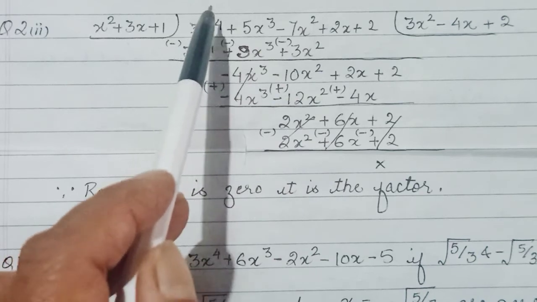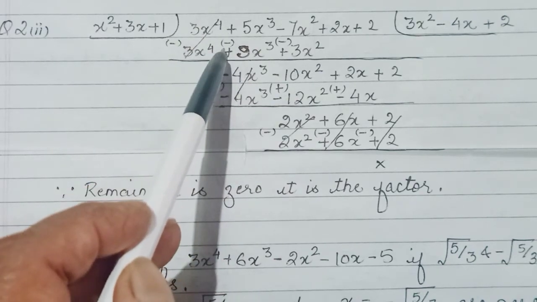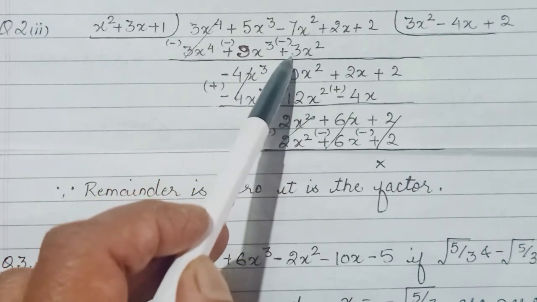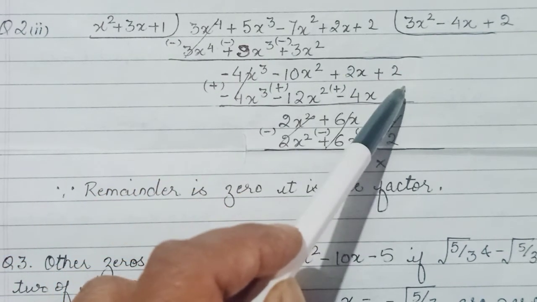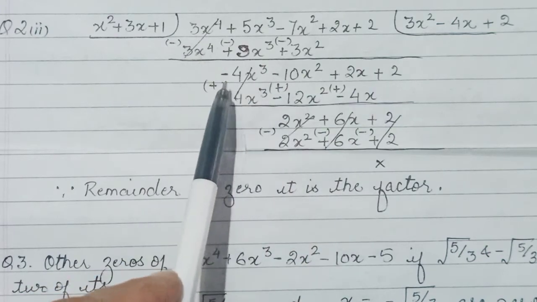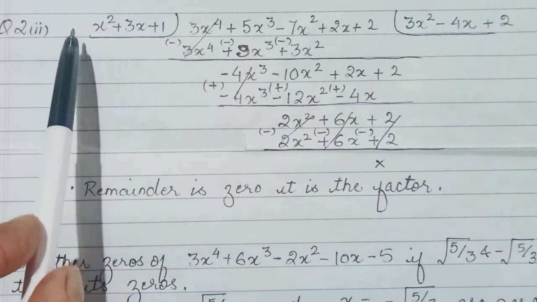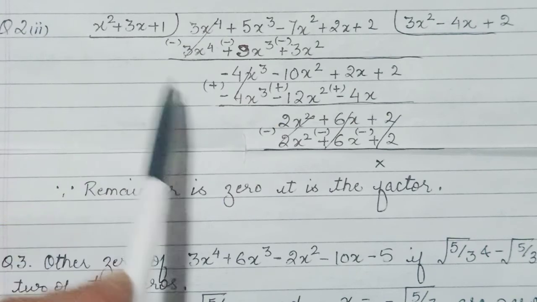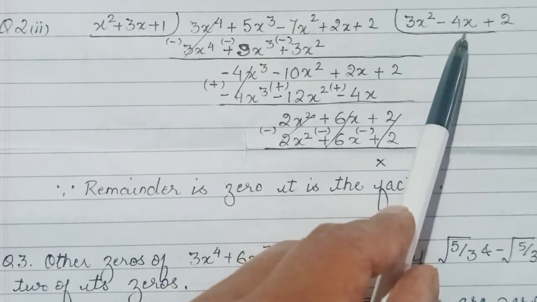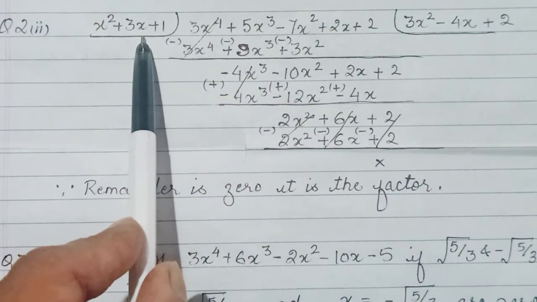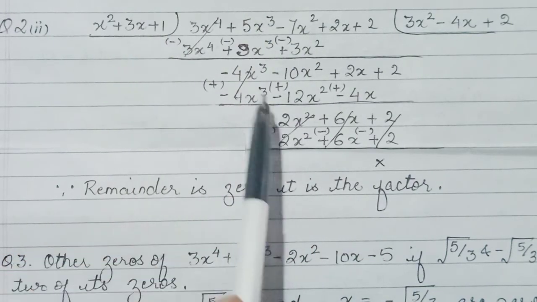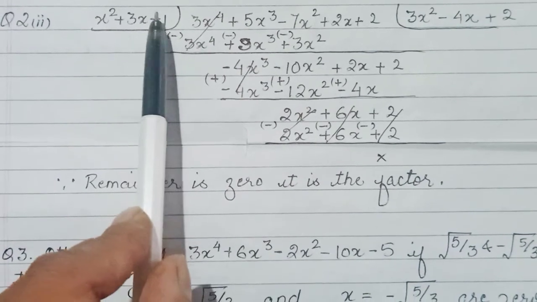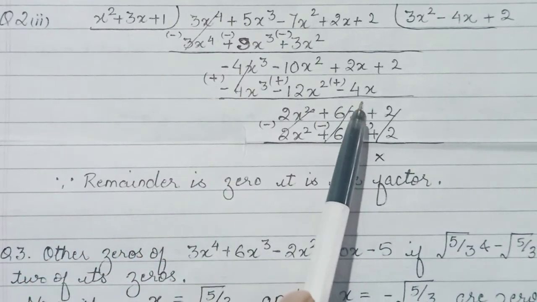Changing the sign here, this gets cancelled. Plus 5 minus 9 gives you minus 4, minus 7, and this also becomes minus 3 now, so minus 10. The other two are copied as they are. Okay, so now we are looking for minus 4x cube from x square. So you need a minus 4x to be multiplied here to give you this. So minus 4x. Then this minus 4x will also be multiplied with 3x to give you minus 12x square. Below x square, minus 12x square, and with 1 gives you minus 4x.